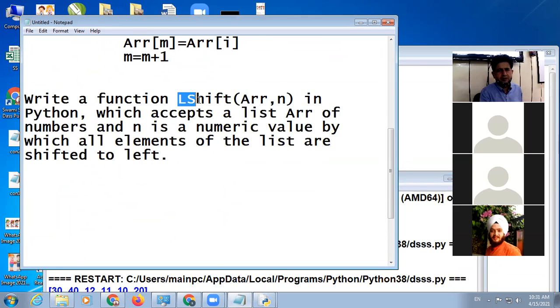Okay, the next program is: write a function transfer. It will receive an array and its size as parameters.